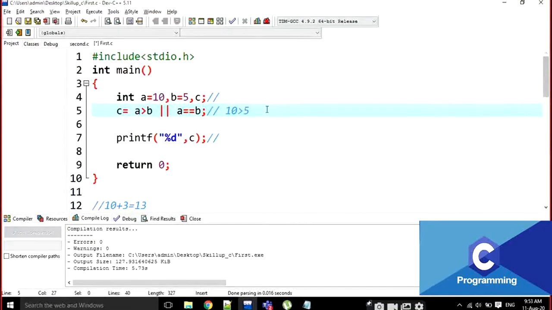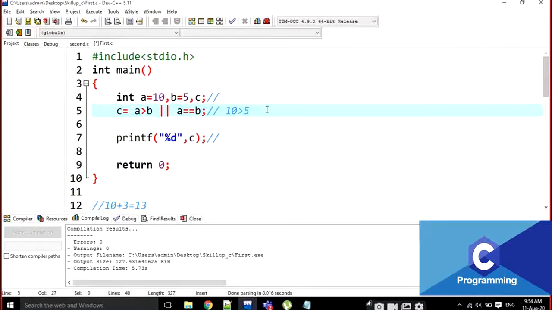Here in the logical OR operation, which is the reverse of AND, if any statement is true, the control never reaches the next one. Why? If one single statement is true, the whole statement is true. That means it never checks the second one, and the output here is true.